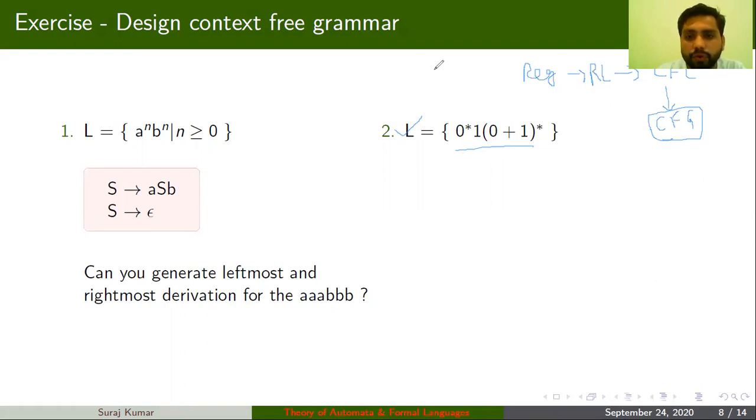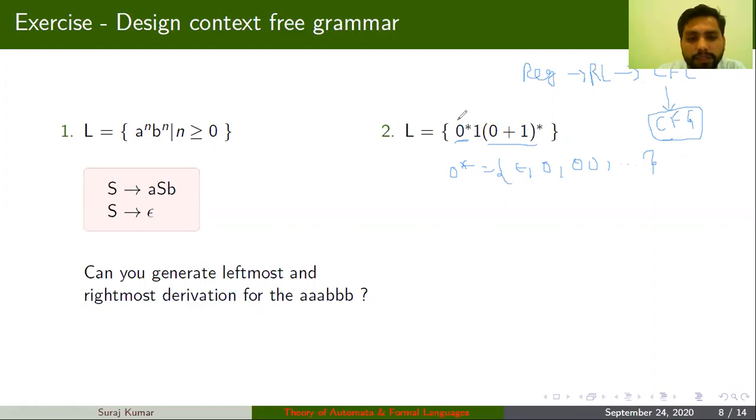For this language, you can observe that this 0 star is not a constant number. This 0 star can generate many symbols: it can generate epsilon, 0, double 0, triple 0, and so on. This other part is also a variable.